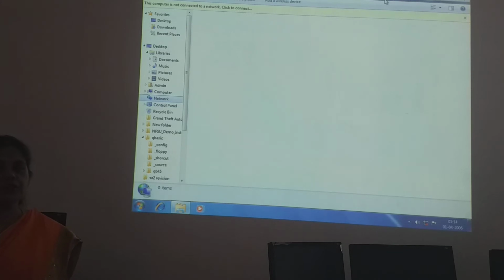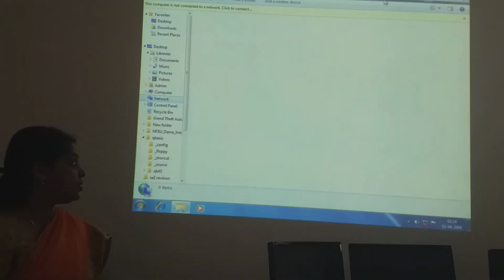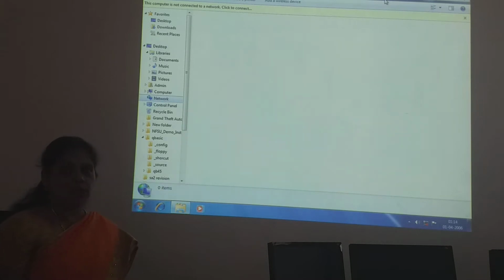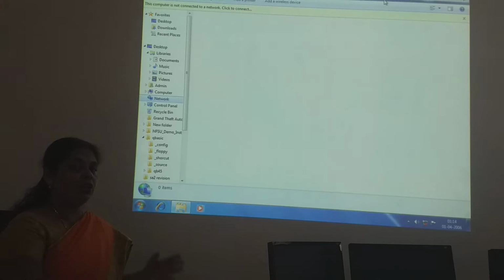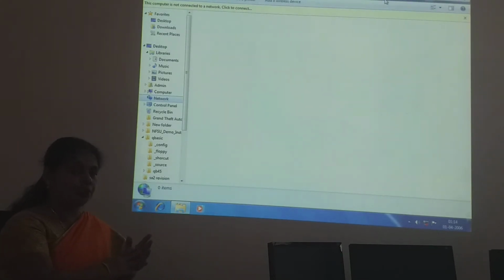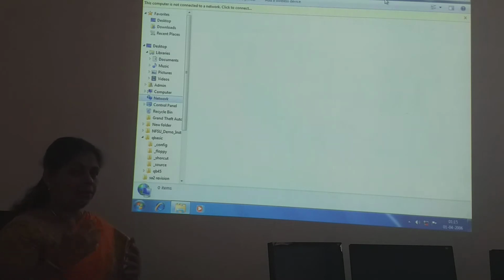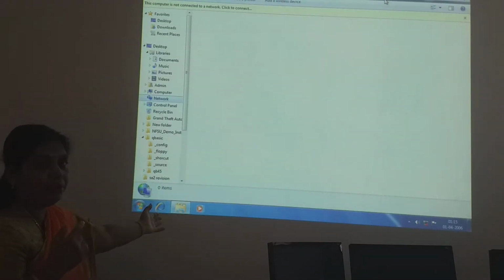So today we are going to see more on Windows. Yesterday's class is the continuation. We saw what an operating system is. It is software which makes the hardware of your computer run. It acts as an interface between the user and the computer. We are the user and the computer is a machine. So it acts as a user interface.